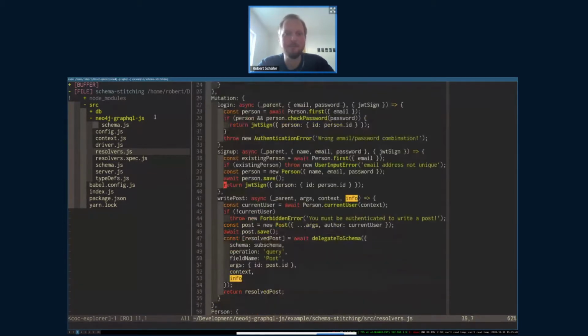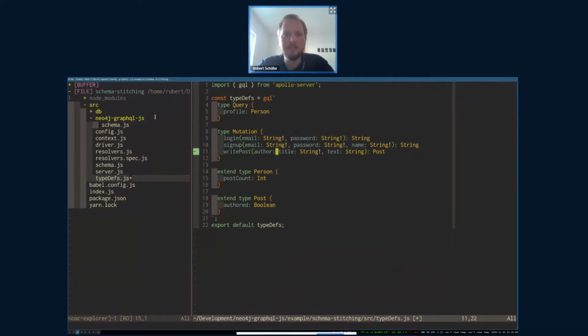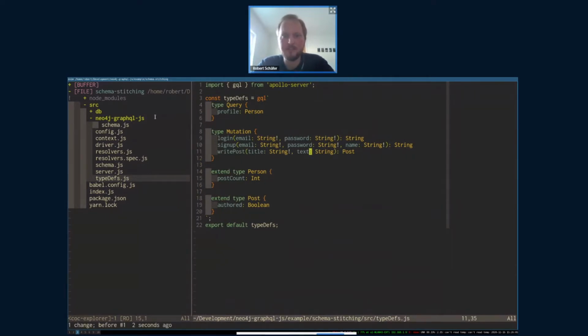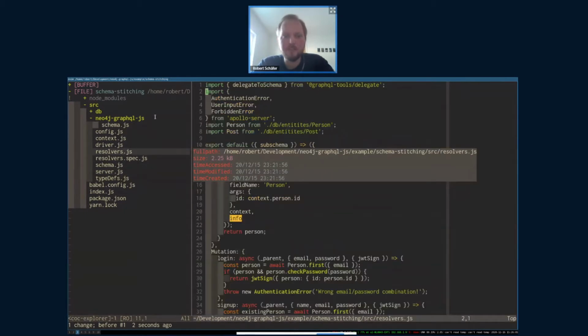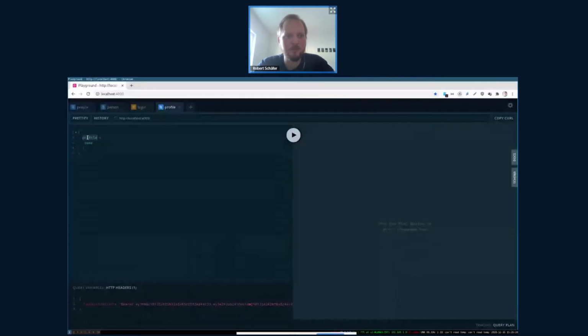This is especially helpful if you, for example, implement your write post mutation. So this is like a custom mutation, which I added in the type definitions, right? So we write post. It doesn't have an author as input here. So the author comes from the authentication context. And in my resolver, I'm writing the post myself. So this is creating the post. And then I call the query post with the post ID, which was generated. And everything the client has requested from the post,